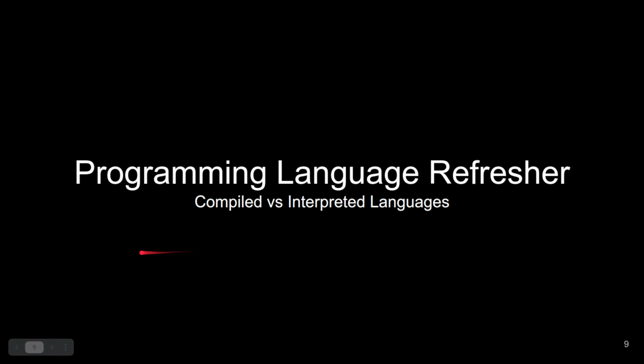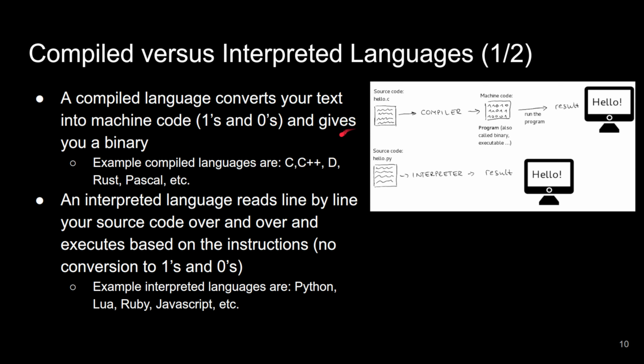All right, so with that out of the way, let's go ahead and talk about our topic for today: scripting languages, and a little bit of a programming language refresher here. Just compiled versus interpreted languages. Of course, we've been talking about C++ in this class, and the idea that it's a compiled language. That means we're converting text into machine code, that means the ones and zeros. So that's this first process here where we take some source code, C or say C++ would be an example of a compiled language, translate it into machine code, and then our computers run that code.